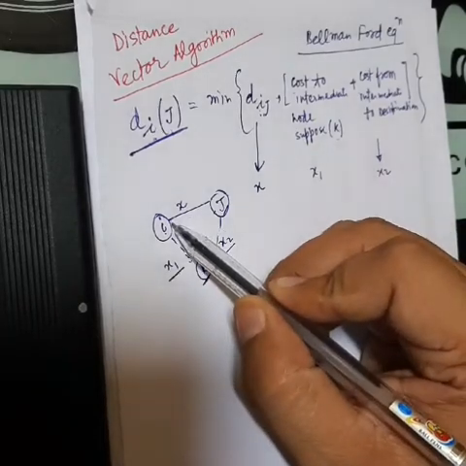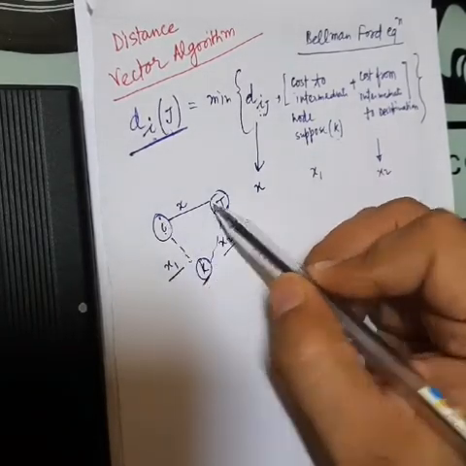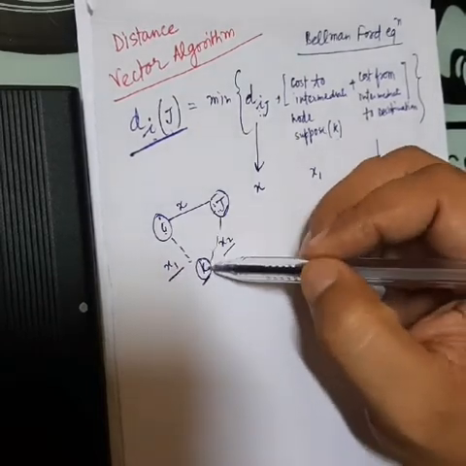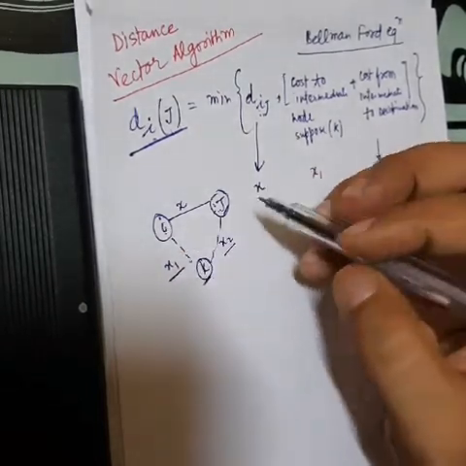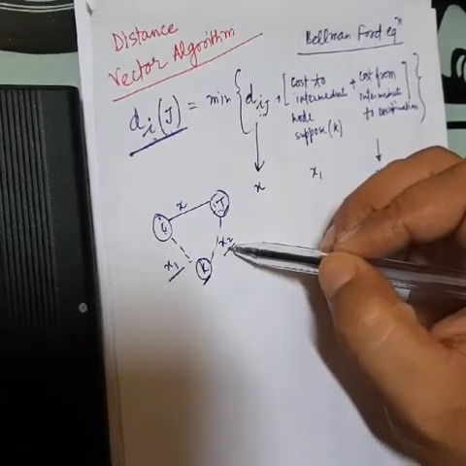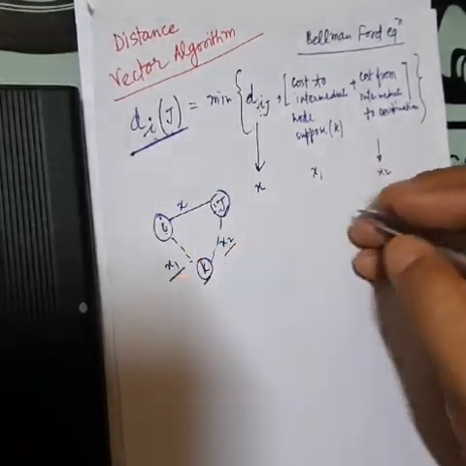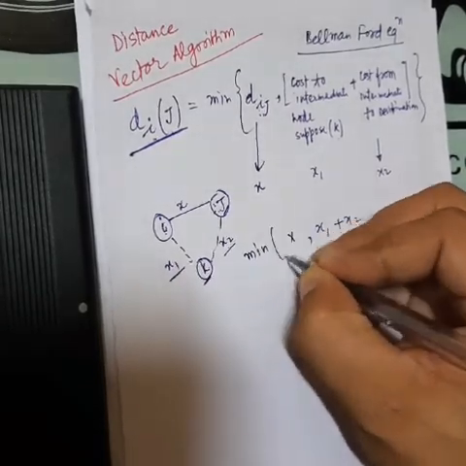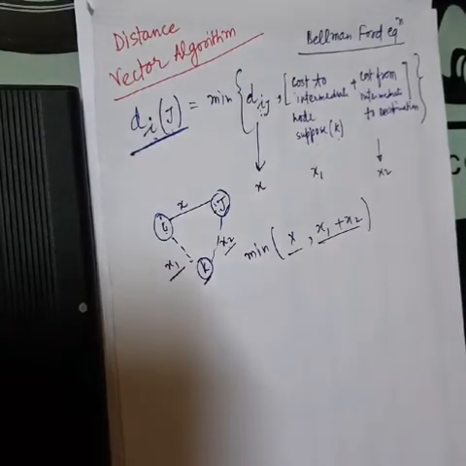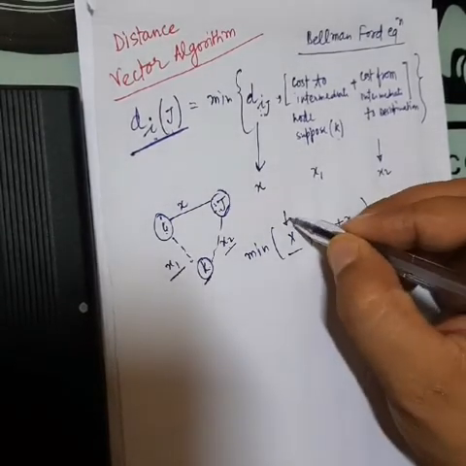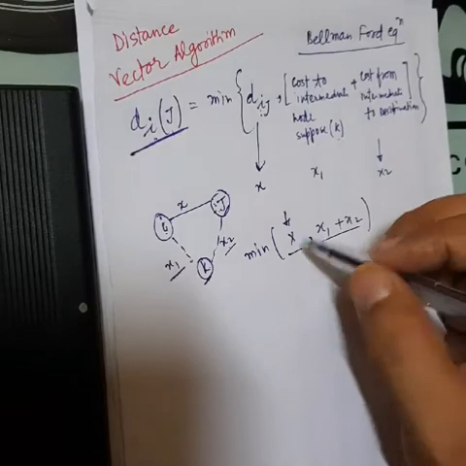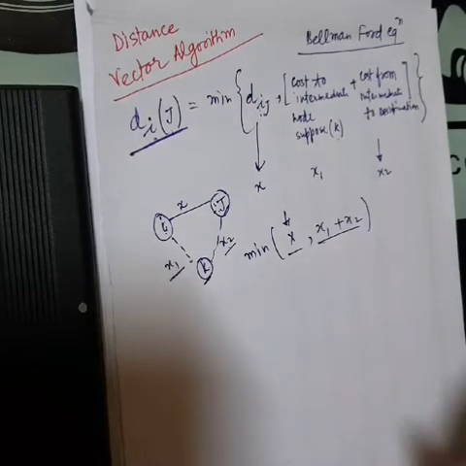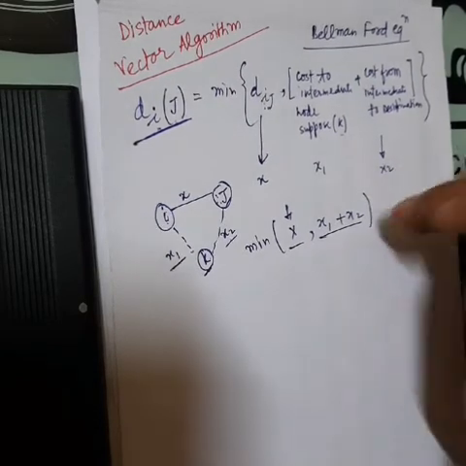So first, x is the direct cost, and when we talk about the total cost from i to j, the intermediate node is suppose k, so including this, we derived another cost here, that is x1 plus x2. So first we write this expression here: x1 plus x2 and x. So we calculate the minimum between these two values, and suppose that this is x. If we get the minimum value x, it can be represented finally in the graph. So we can conclude that the Bellman-Ford equation actually works upon this scenario.